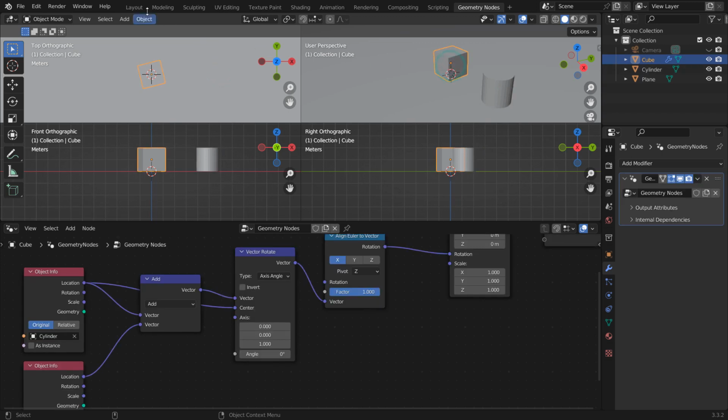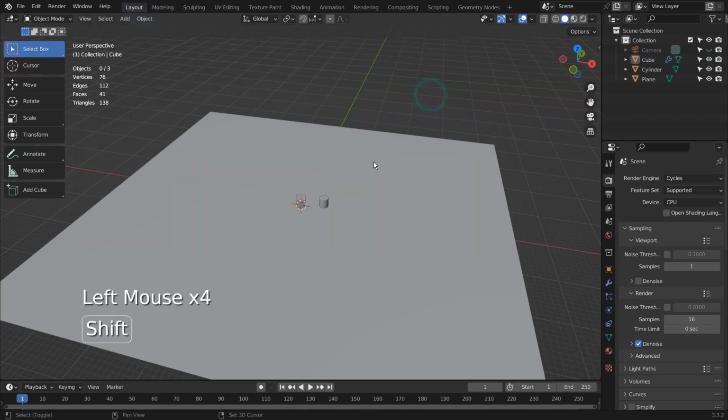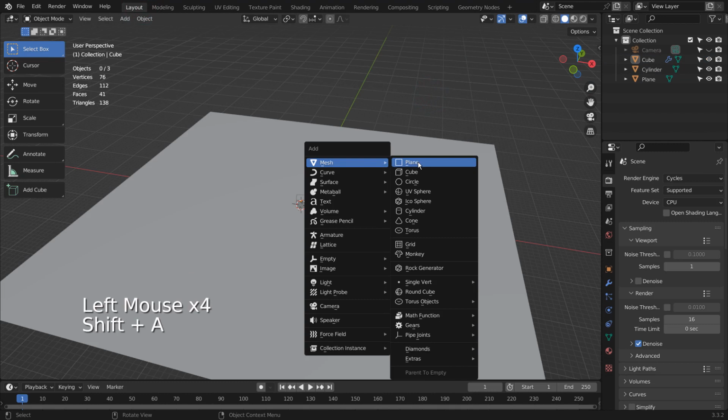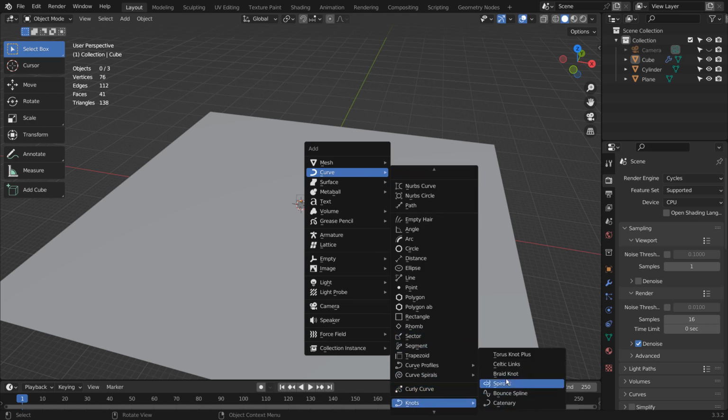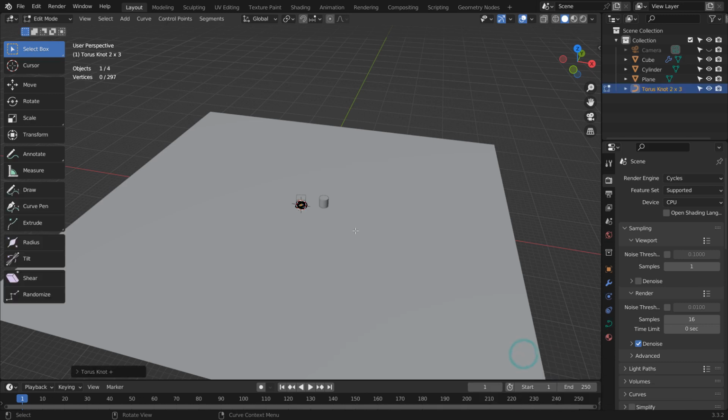I'll create a sample animation by utilizing what we have learned so far. If you don't see the curve knots in the menu, please activate an add-on called Extra Objects.